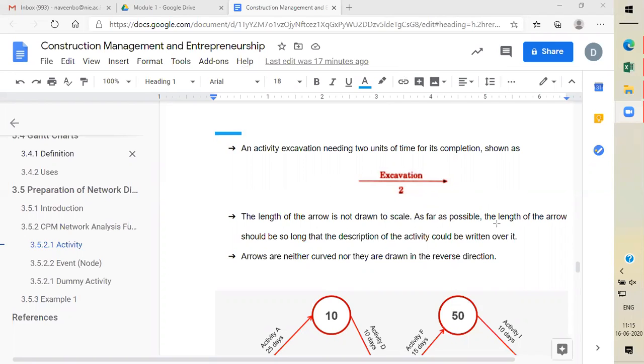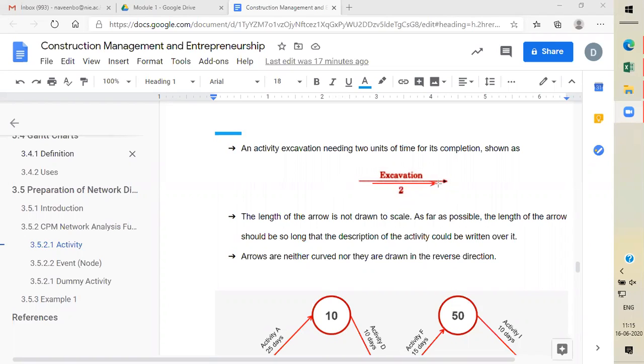Next, as far as possible, the length of the arrow should be so long that the description of the activity could be written. That's what you see. This is excavation. So if you write the arrow like this, it doesn't look good. The length of the arrow should be such that at least it covers the description of the activity.